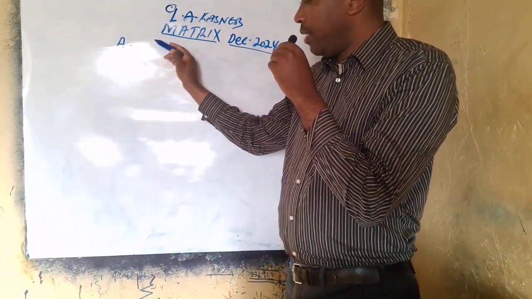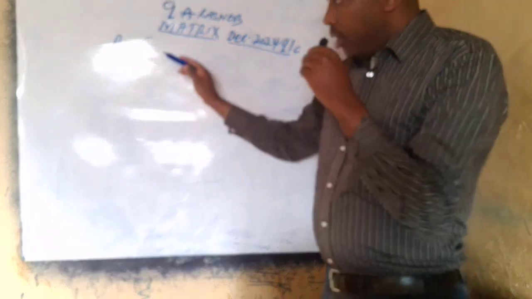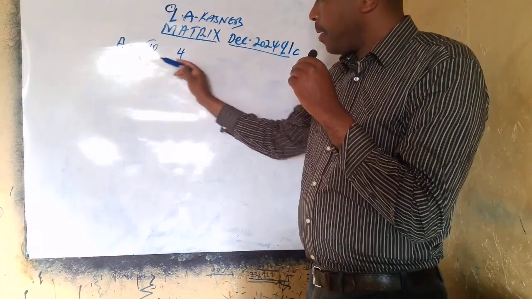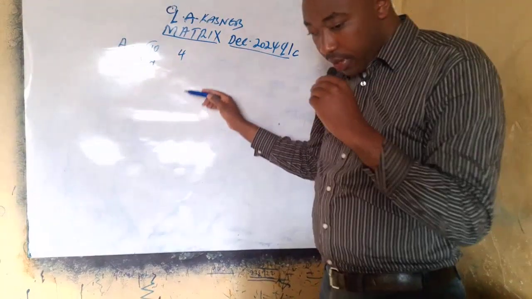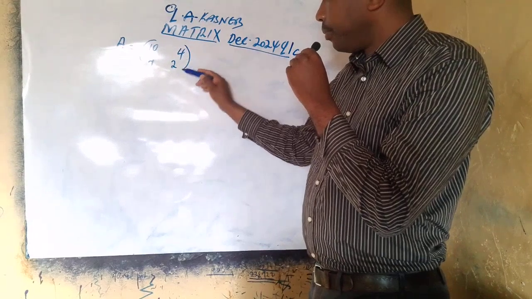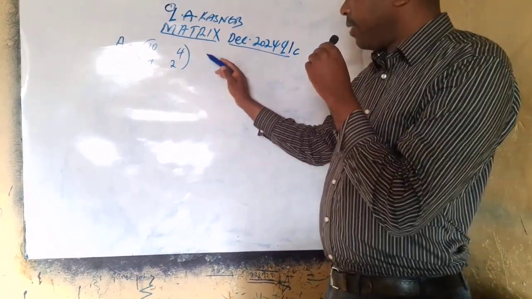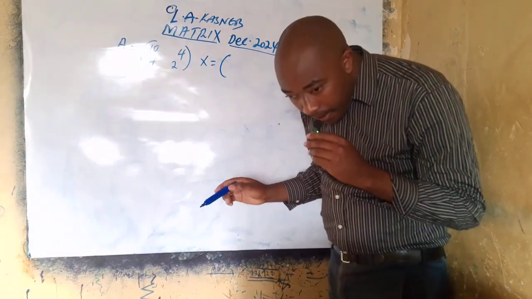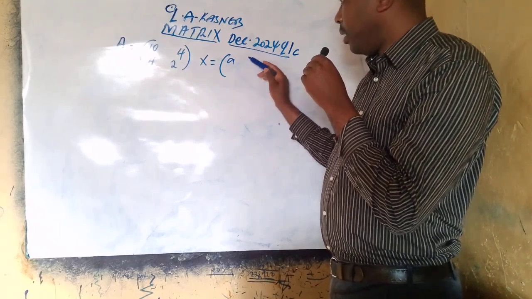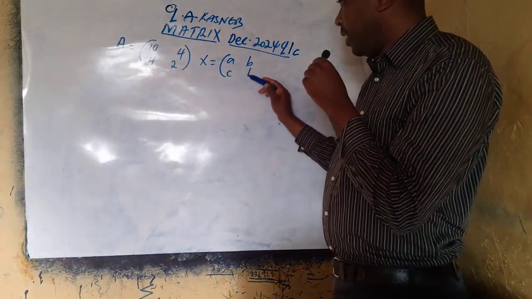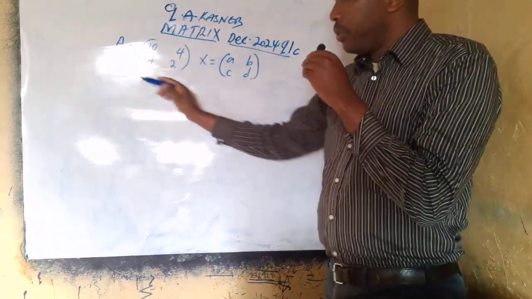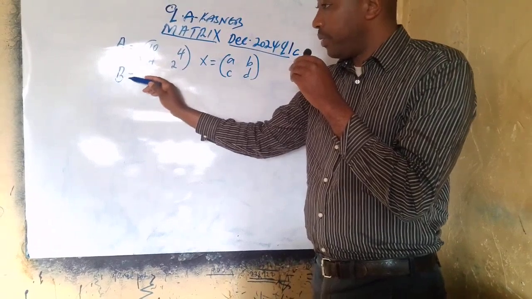We are being told A is equal to 10, 4, and 2. We have our X. X is equal to A, B, C, and D. Then B is equal to